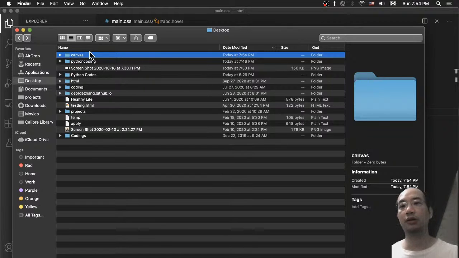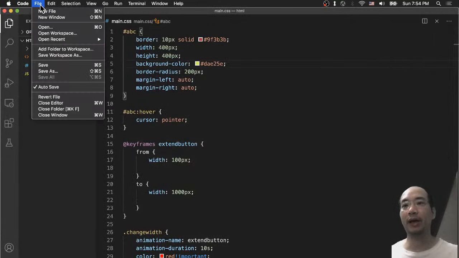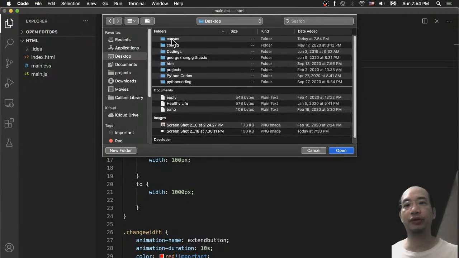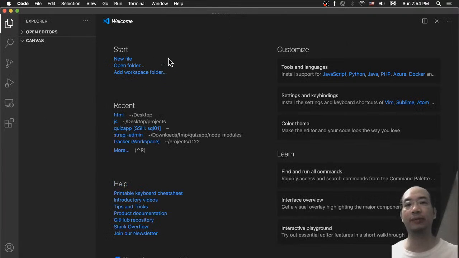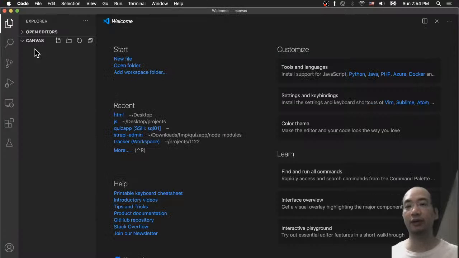So I will create a new folder called canvas, and in my VS Code I just open it, choose desktop canvas. So if you already have it, it doesn't really matter. I just want to show you if you want to have the new folder. So in the new folder, I will create one called